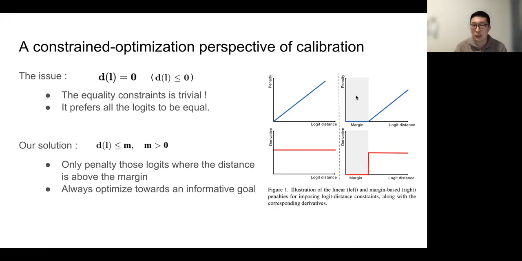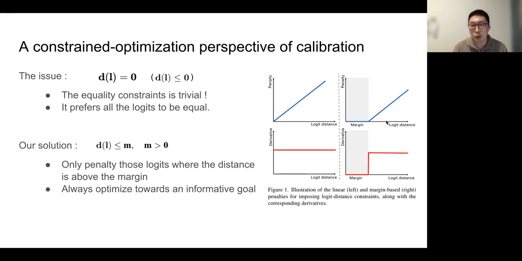Let's look at this figure. On the left, it shows the situation for the equality penalty, and here on the right is our improved solution.